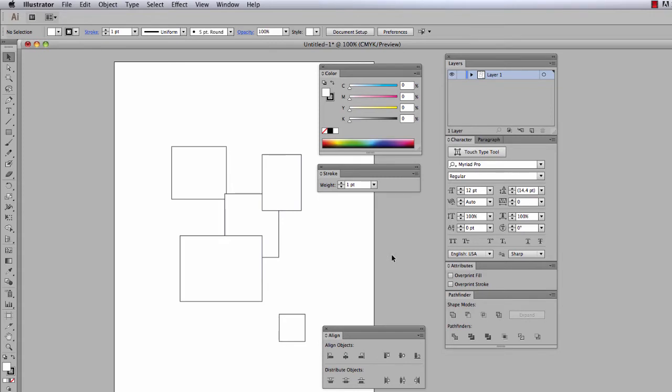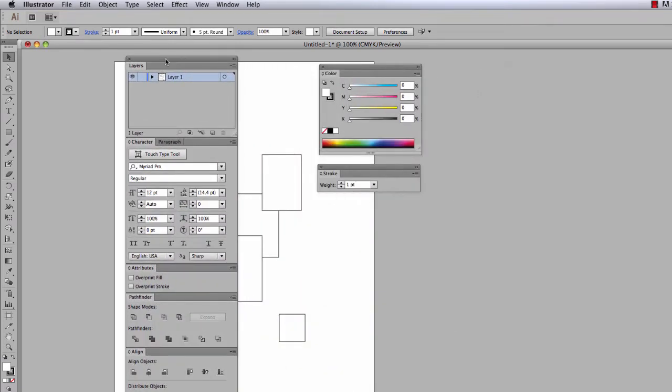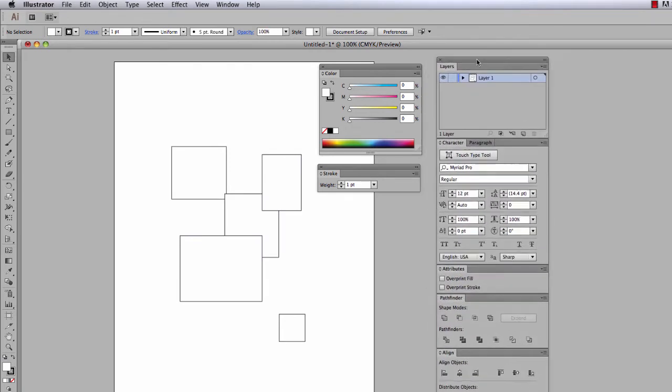The palettes can be nested together. In other words, they can be joined together so that they move together as a group. So for example, let me take the Align palette and I can drag it over to this other group of palettes, and if I place it near the bottom of this other one called Pathfinder, notice there's a little blue stripe that appears, and when I let go of the mouse, the Align palette has actually been joined to the other group of palettes above. And so now these move together as